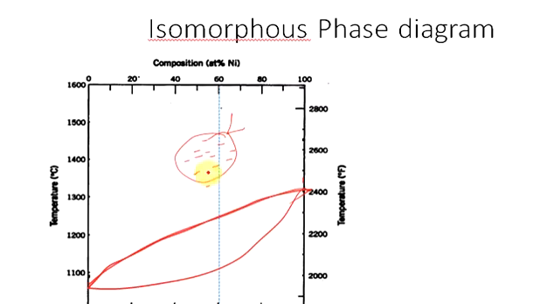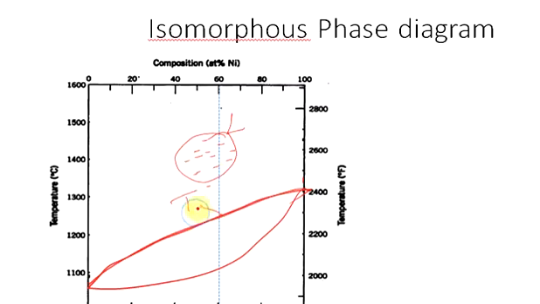So this is completely liquid, and now we are reducing the temperature. As we cool the liquid, there will be thermal contraction, so the volume of the liquid will reduce. Also the liquid viscosity will increase, and at this point it reaches the temperature we can call the liquidus temperature.